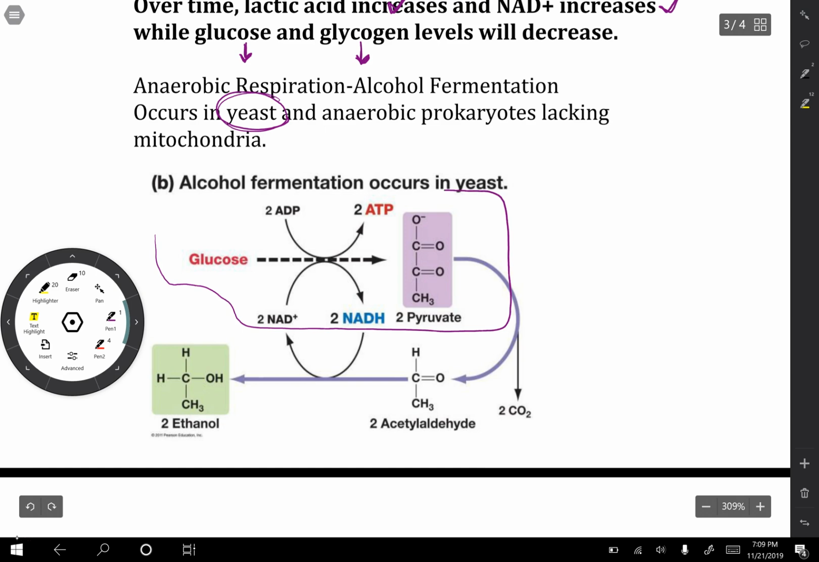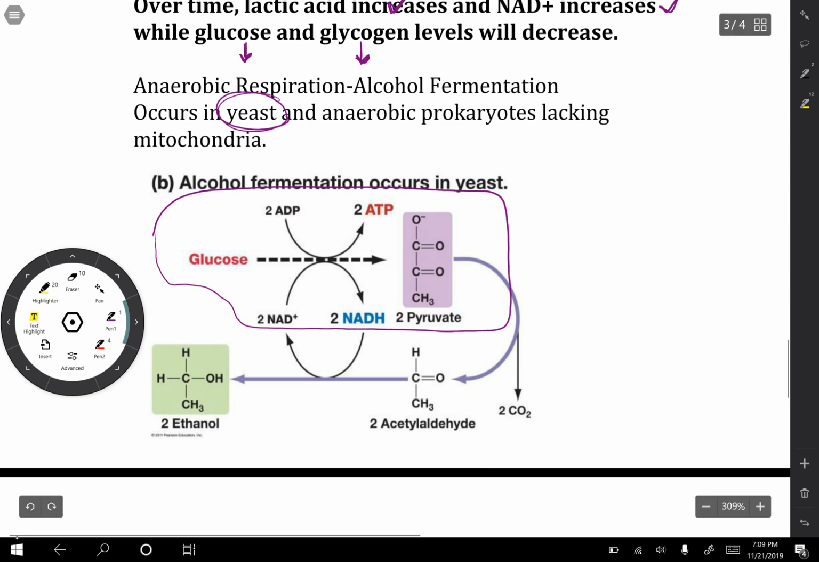You're going to start with glucose. You're going to generate a total of 2 ATPs and a total of 2 NADHs. Now, these guys probably do not have mitochondria, so you can forget about that whole matrix thing. So, in order to keep on breaking down glucose to get energy,